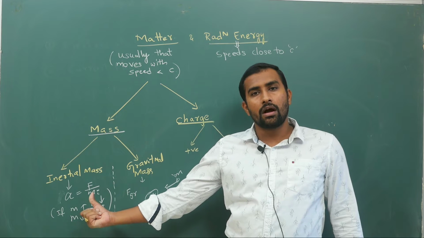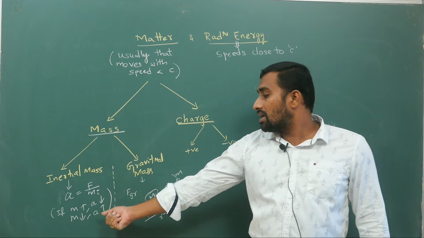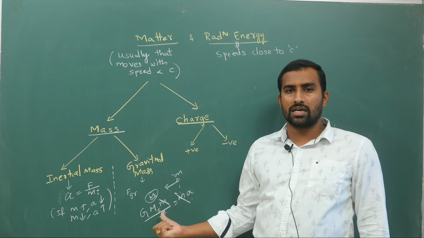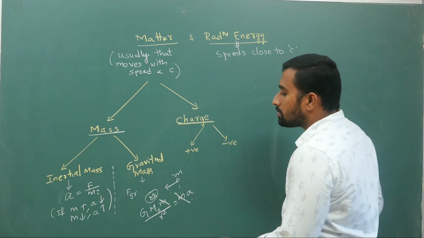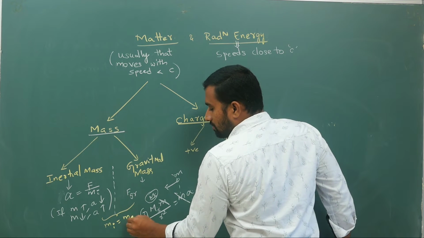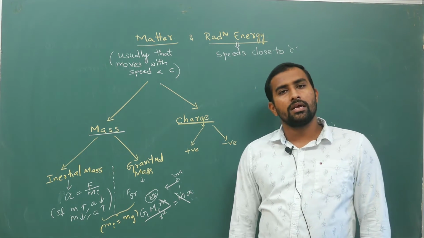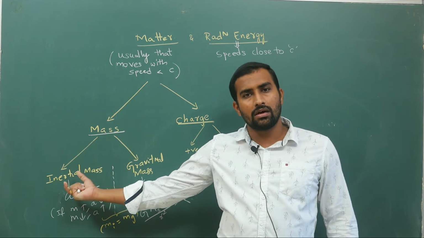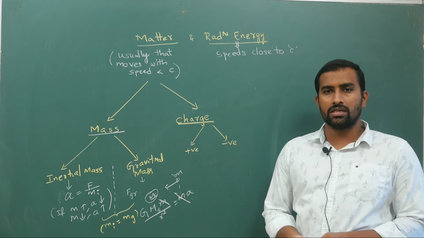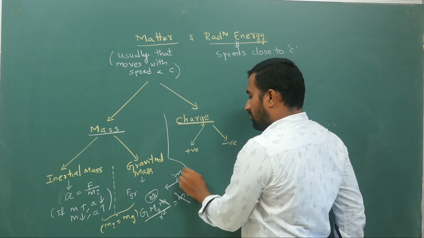So gravitational mass is supporting the motion. Here inertial mass is opposing the motion. If the inertial mass is more, acceleration is getting reduced; if it is less, acceleration is increasing. In the gravitational case, if the source mass is more, there will be more acceleration. Now from the principle of equivalence, which we will see later in gravitation, inertial mass is equal to gravitational mass. So both are equal, but inertial mass will oppose motion, and gravitational mass will support motion. I am just putting it in simple terms. This is not the complete story. Right, so this is one property of a matter particle.